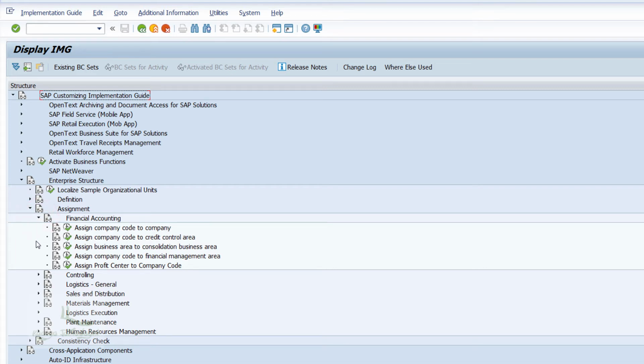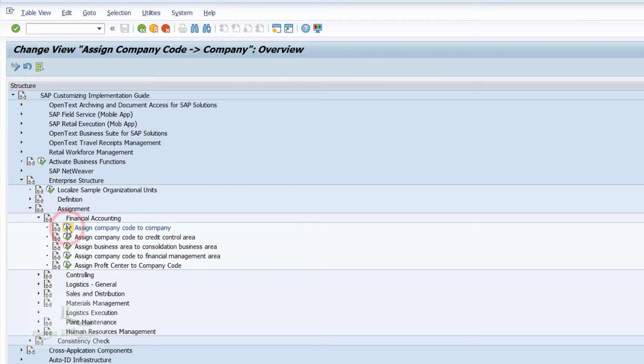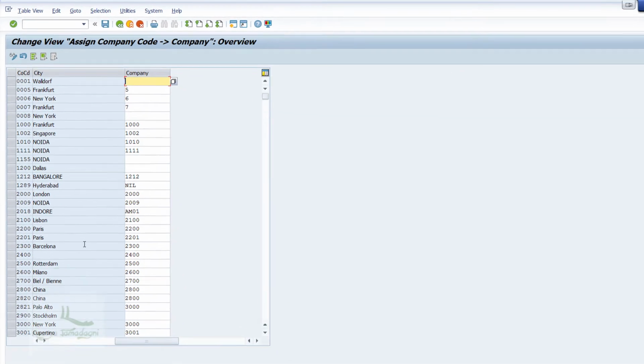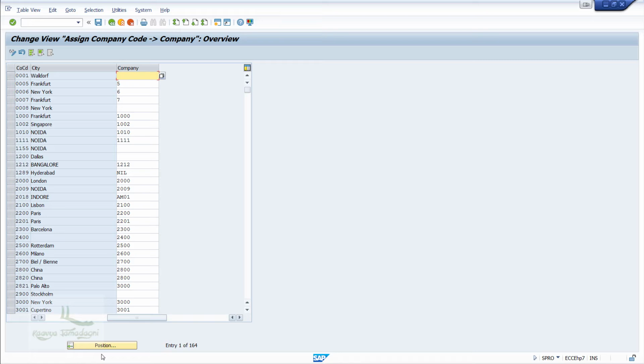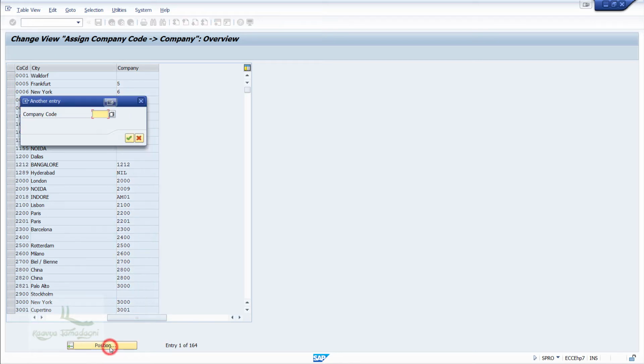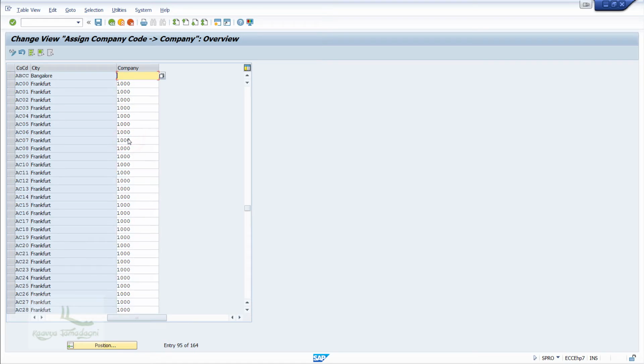Here, we can see all the tasks required for us for the assignment. Now, we'll just select this assign company code to company. Now, go to the company code which you just created. For that, use this position button. Click on the position button and here enter your company code. So for the company code ABCC, I'll assign the company as ABCOM,